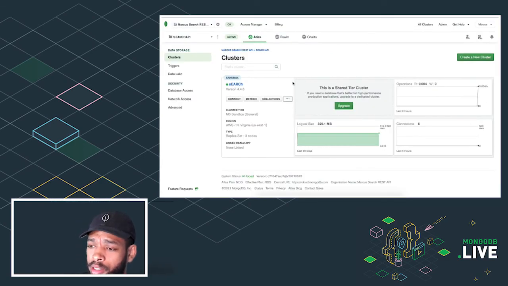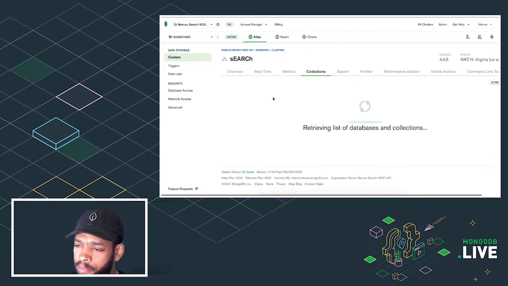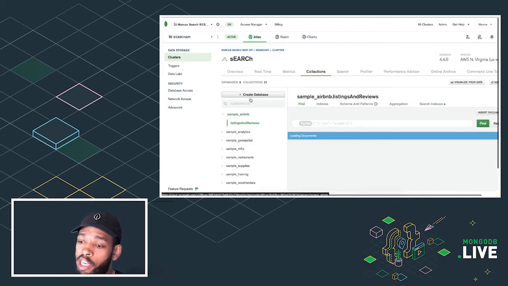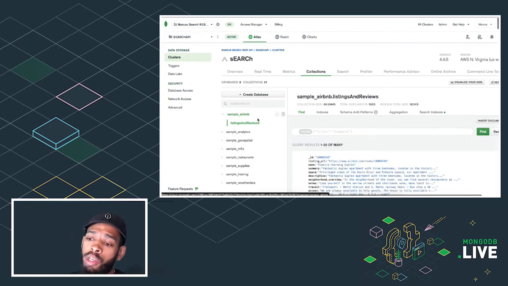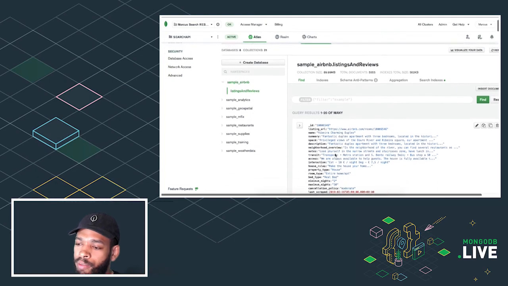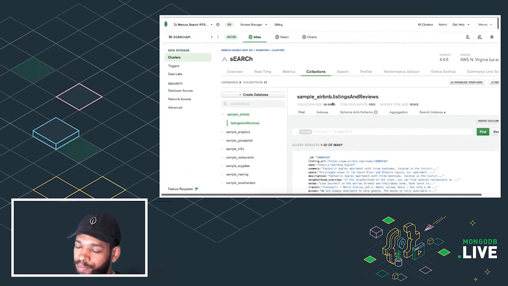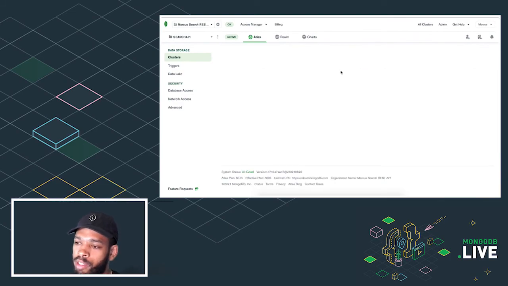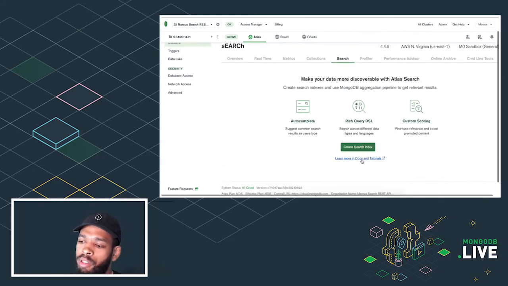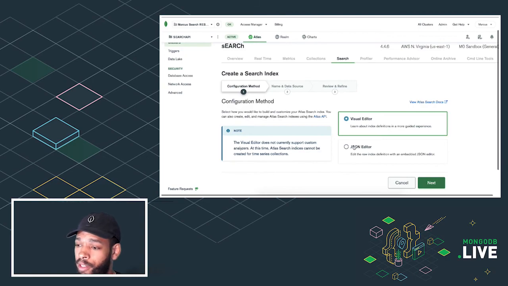So this is my cluster. I'm going to click into collections here, and you'll see the sample data set. So sample Airbnb, listings and reviews, looks like a good search collection soon to be indexed. Lots of text. I'm going to show you how easy it is to create one of these.